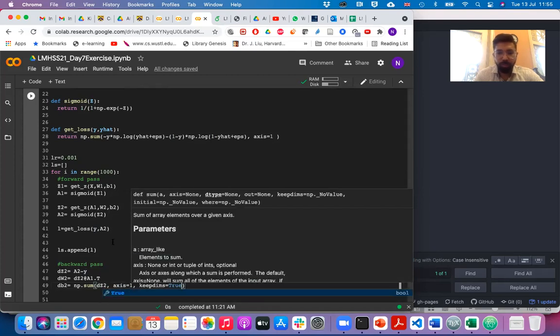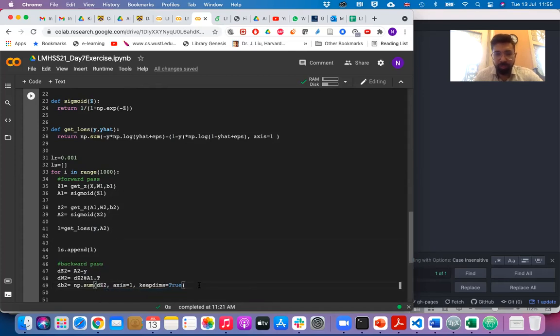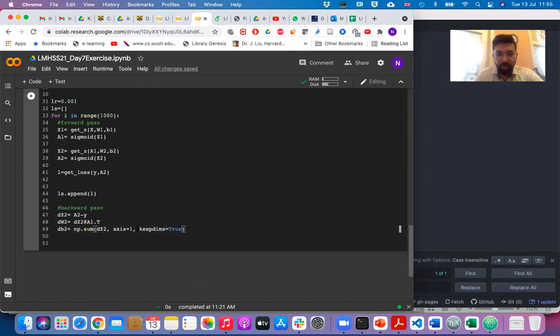because we want it to be stable during broadcasting. So we keep the dimensions, we don't drop the dimensions in the addition. Okay, now we need to calculate dZ1. What should be dZ1? From your notes, you can see that it would be W2